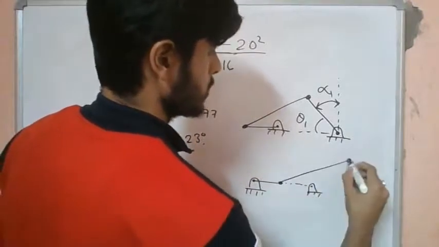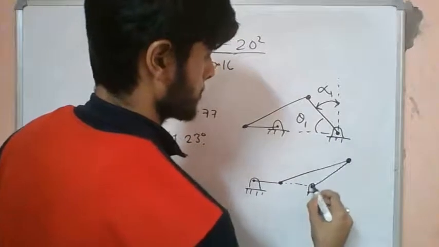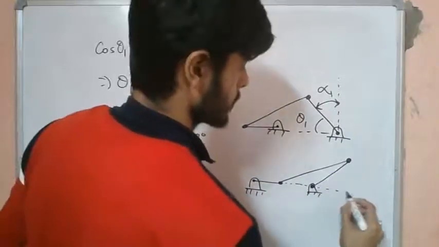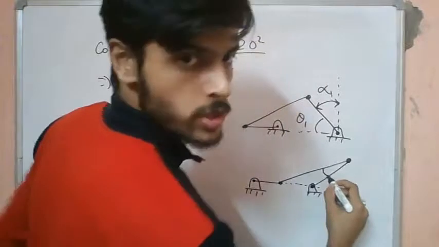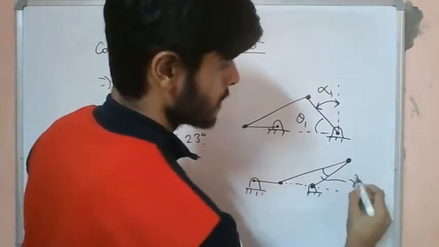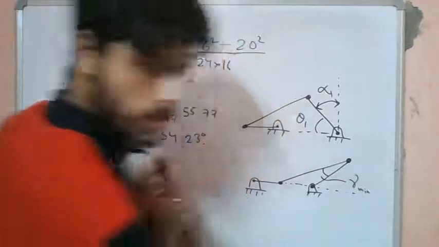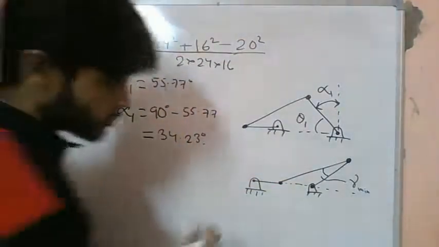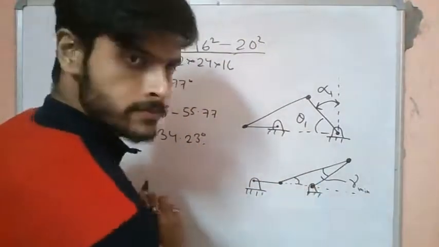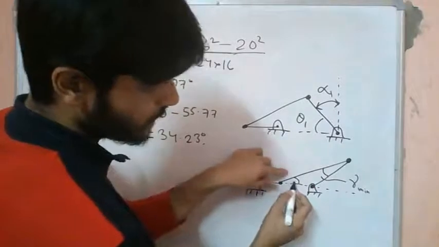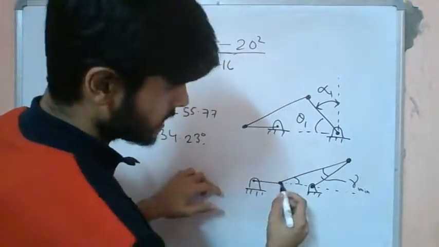This will be the mechanism. So this angle is gamma mean, which we have already found out. This is our gamma minimum. This we have already found out. So now let's try to find out this angle. So if we can find out this angle, then from this triangle, this